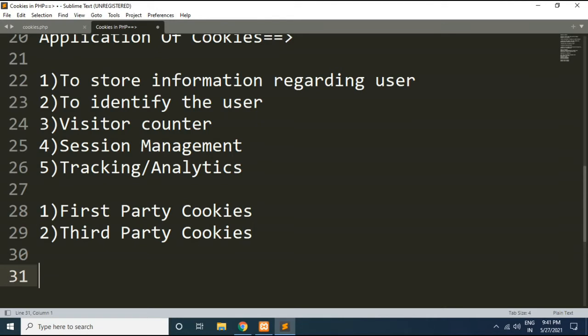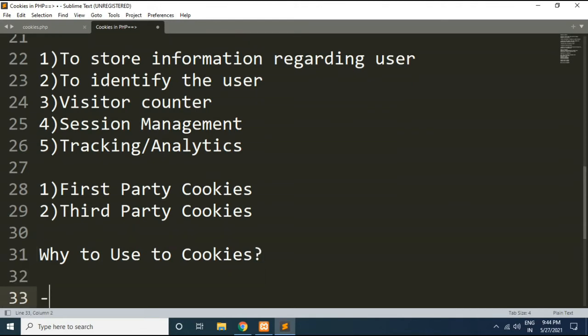Friends, now we will try to understand why to use cookies. Friends, HTTP is a stateless protocol, which means that each request is executed independently. There will be no knowledge of the requests that were executed before the current request.